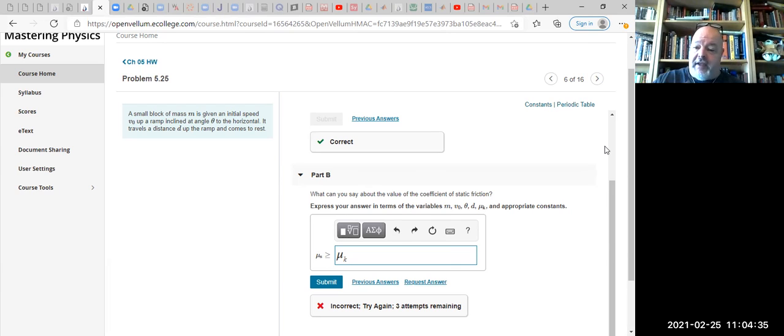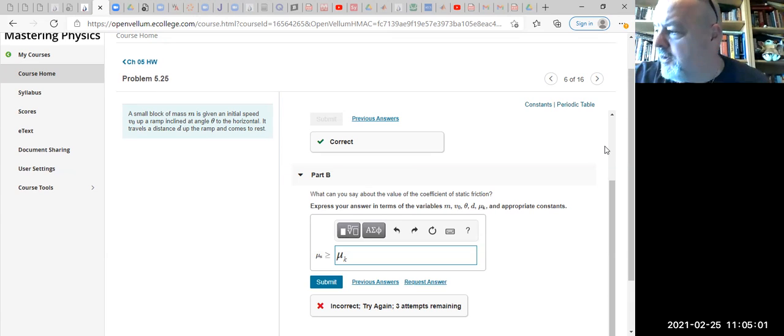So basically it goes up, the kinetic friction steals all the kinetic energy that it has. And then when it comes to a stop, the static friction is actually large enough to hold it in place. So what that means is mu static is greater than or equal to